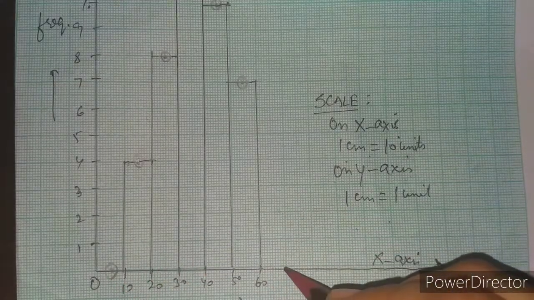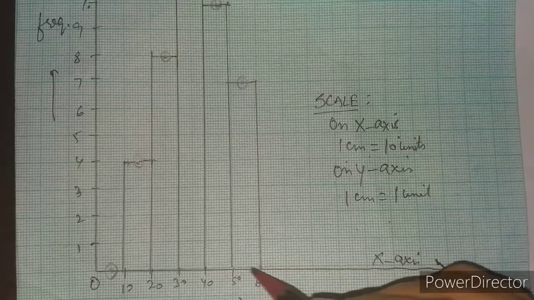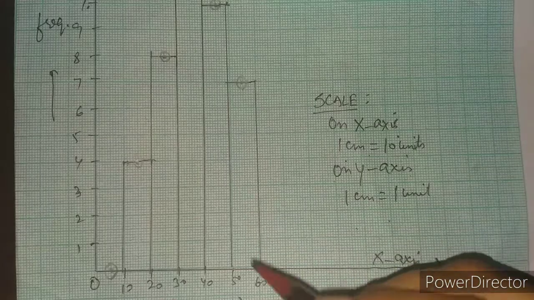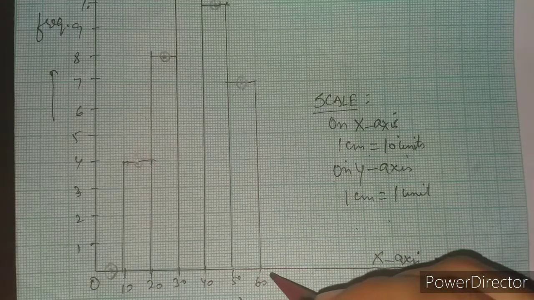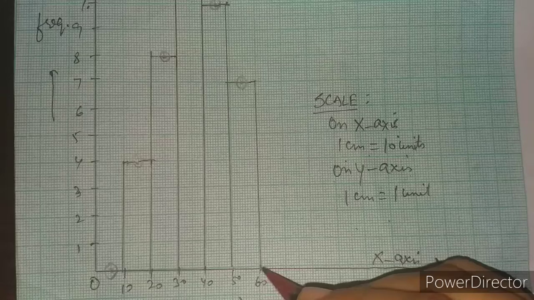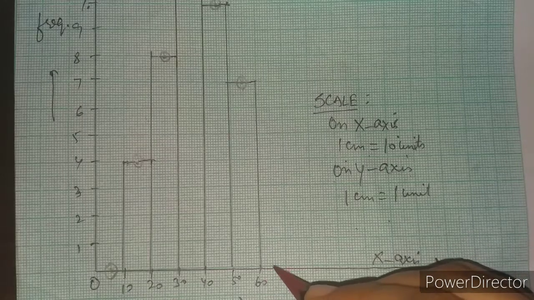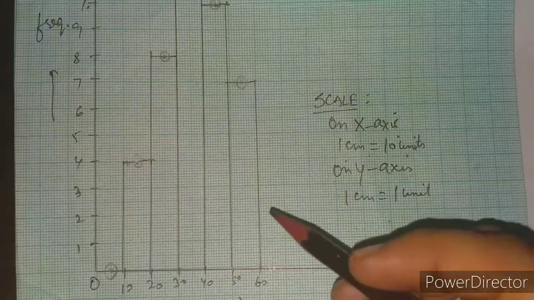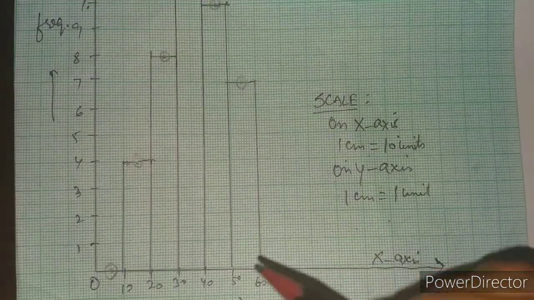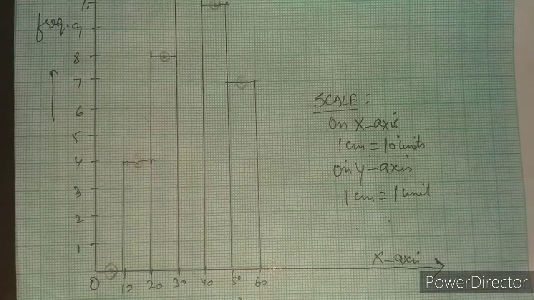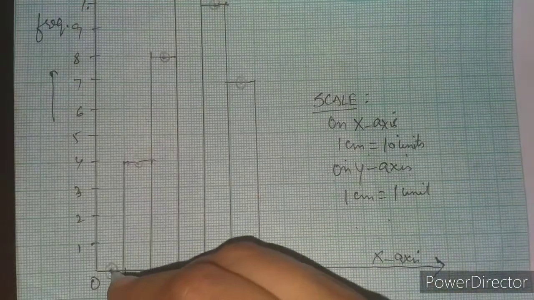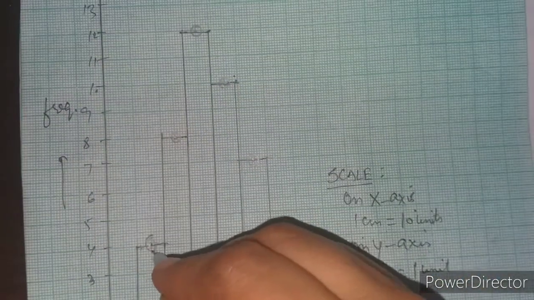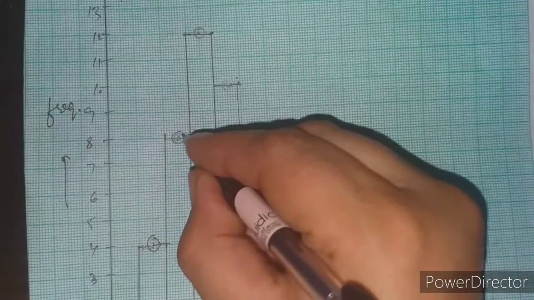The last one also is to be treated this way. For 50 to 60, the midpoint we have taken on the top is 55. The next is otherwise not given in the question, but we will still think about that. Next will definitely be 60 to 70, and its midpoint will fall at 65. Otherwise we would have to draw everything with the pencil only, but to make things clear, I am going to mark these midpoints with the help of this pen, just to make you clear about these points.